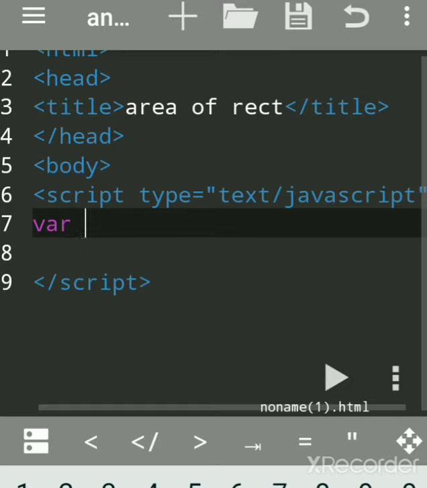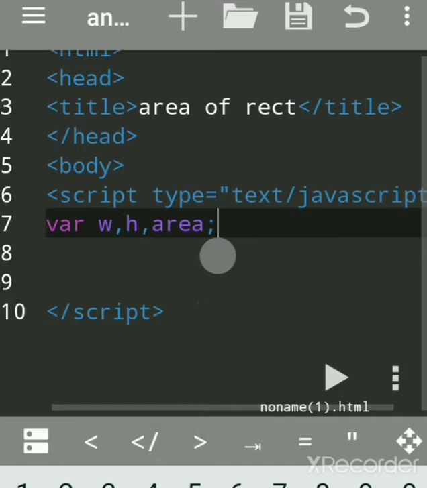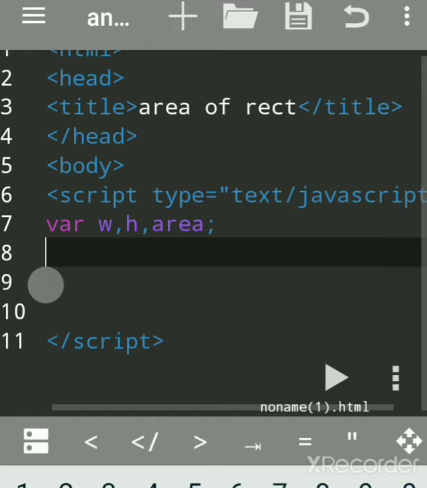Var is the keyword; you declare the variable. We want to calculate the area of a rectangle, so for width we'll give w, width into height, that is height, for h you can give any name, and area we'll give here. Any variable name you can give. You have to separate each variable by a comma and each line by a semicolon, though semicolon is optional.